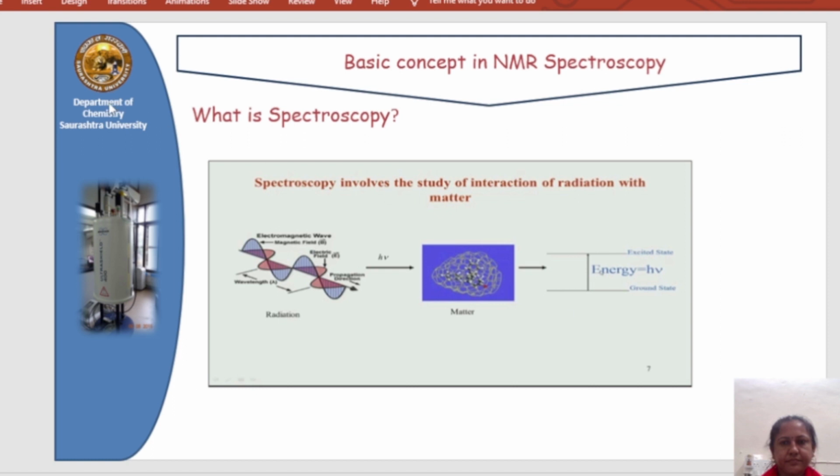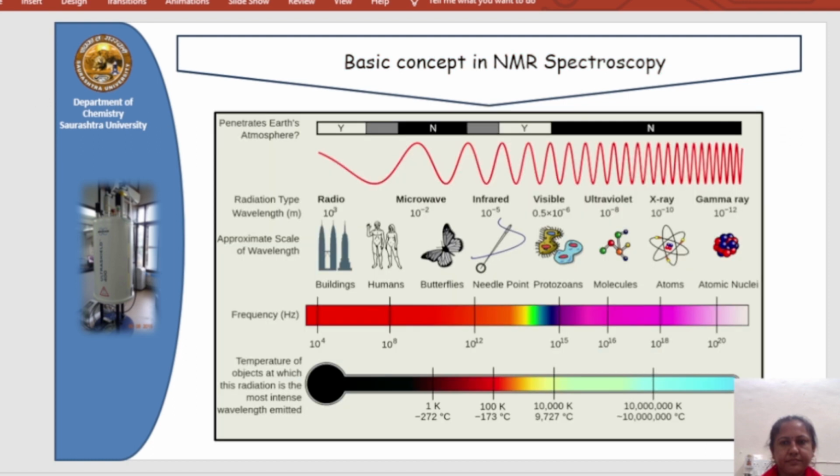So spectroscopy is only one technique, but it also depends on the different parts of the frequency, or we can say where the radiation can be absorbed, depending on the property we want to study. For example, here you can see this is the infrared region, and this is the microwave region. Infrared radiation is related to vibrational and rotational phenomena.